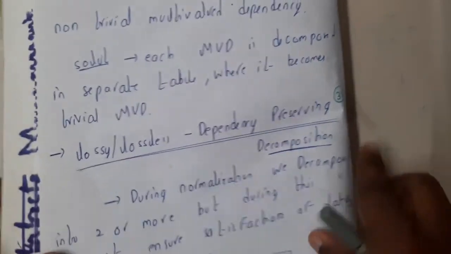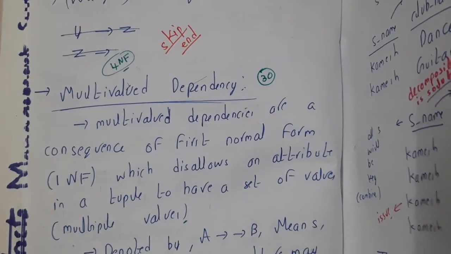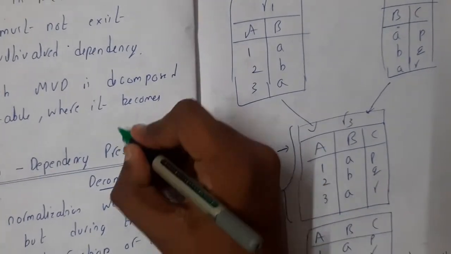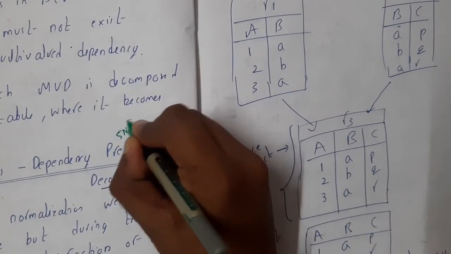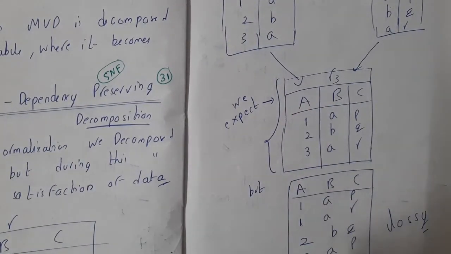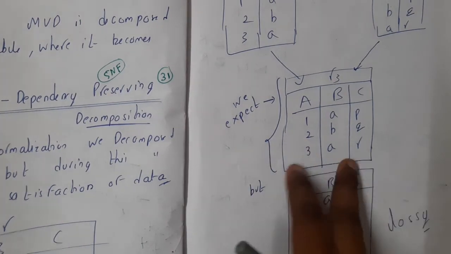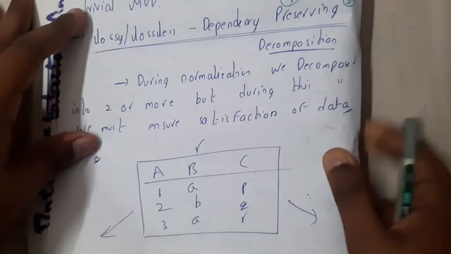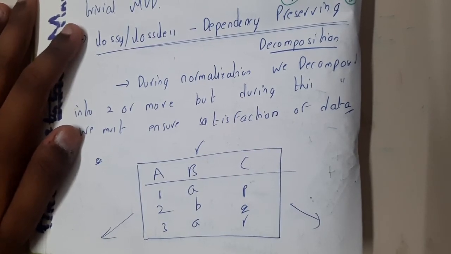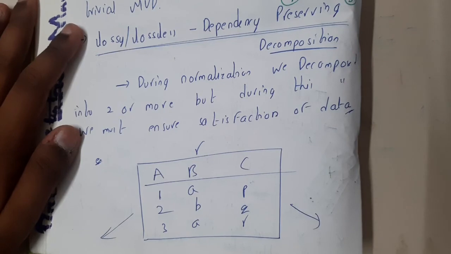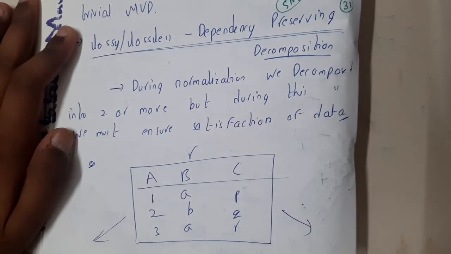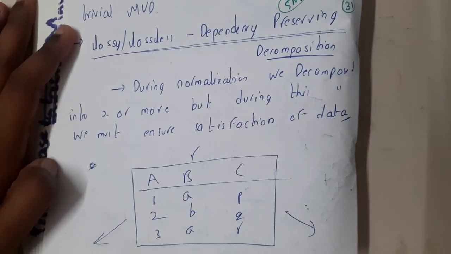Now I hope everyone got a clear idea of 4NF and multi-valued dependency. In the next lecture we'll start the discussion about 5NF, and in 5NF there is one most important topic: lossy and lossless, dependency preserving decomposition. That is what we'll discuss in our next lecture. There is a direct question in the GATE 2021 set 1 question paper, and I did not attempt it. I'll tell you the reason why I forgot that particular topic in the next lecture. So let us meet in the next lecture and discuss lossy, lossless and dependency preserving decomposition.